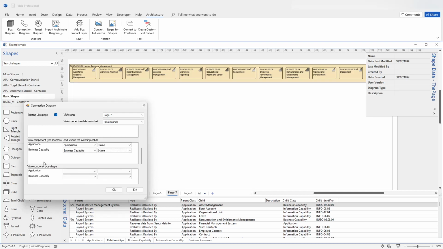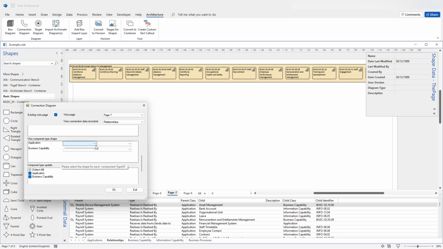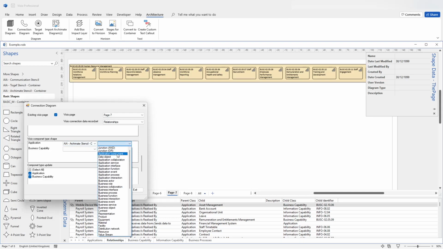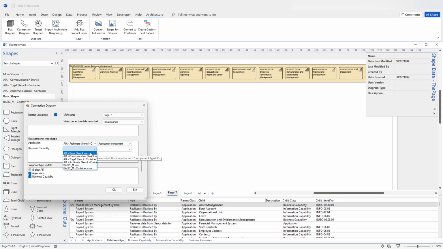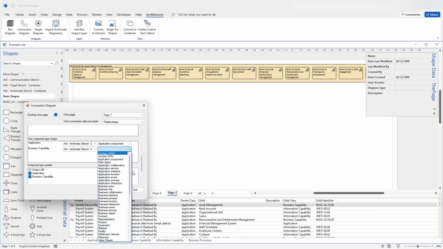And then it's going to prompt us for the shape type. So I'm still going to select the same shape type for the application. It's going to be ARCHI, application component, business capability. We're going to go ARCHI business capability, but to be honest, I could have selected anything in here, because when